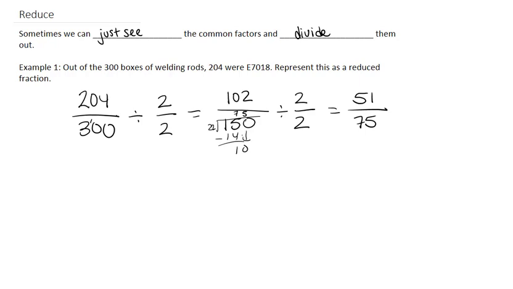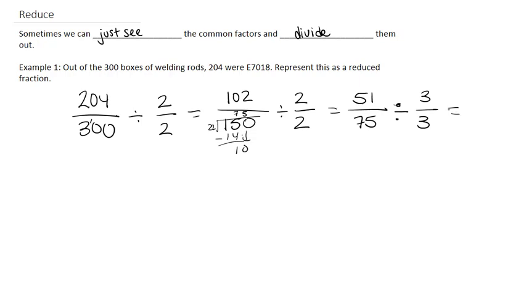Now, this is no longer even on both the top and the bottom, so we have to come up with other factors. So when we look at our divisibility tricks that we learned earlier, we remember that for 3, we can add up the digits and see if it's divisible by 3. So 5 plus 1 is equal to 6, which is divisible by 3. 75 is 7 plus 5, so that's 12, which would also be divisible by 3. So if we go ahead and divide both the top and the bottom by 3,